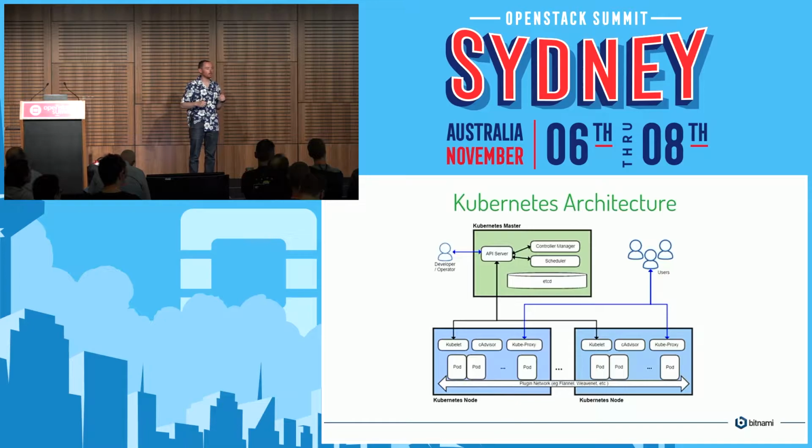So etcd is a distributed key value database, which means it has keys that look a little bit like a file system, slash-separated keys, and you can have a value for each of those. So it's like a big hash table or a dictionary. It is not SQL. You cannot do select every row where this condition is true. You can't do those sorts of queries against it. You can only do get this key, set this key, is this key set to this value. You can only do key level operations.